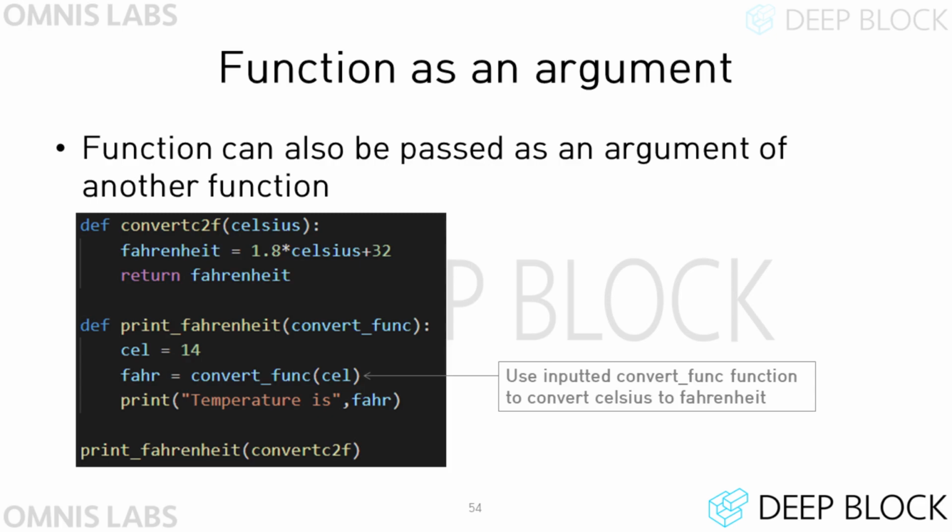For example, the function print Fahrenheit shown in the slide is called with an argument convert_c_to_f. And this function assigns convert_c_to_f to a parameter called convertFunc and calls convertFunc with parentheses. If you look at the bottom line of the code, you can see that another function called convert_c_to_f is inserted as an argument to print Fahrenheit. For now, all you need to know is that this is technically possible. You will not write this type of code in this course, but if you continue to study computer science or programming, you may write a function that receives another function as an argument.